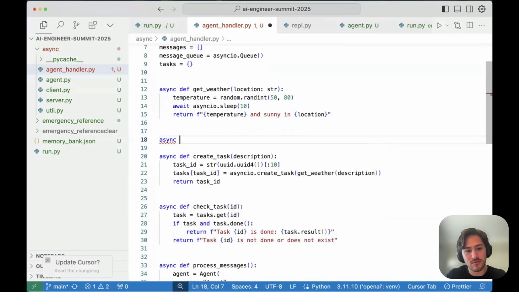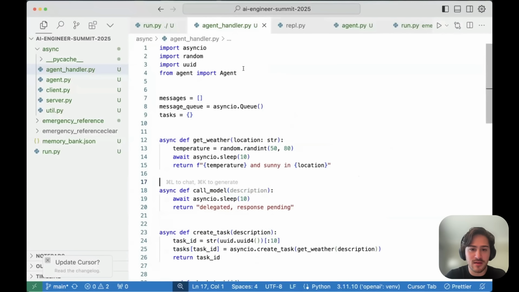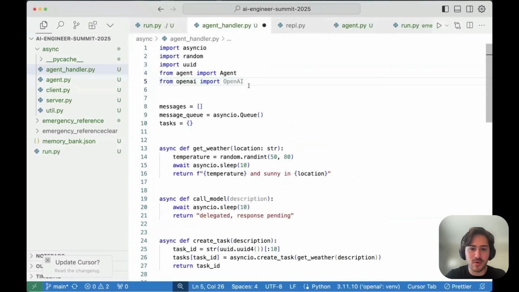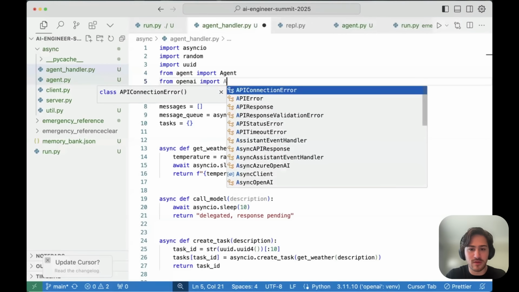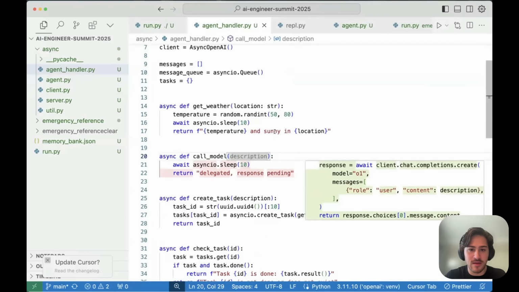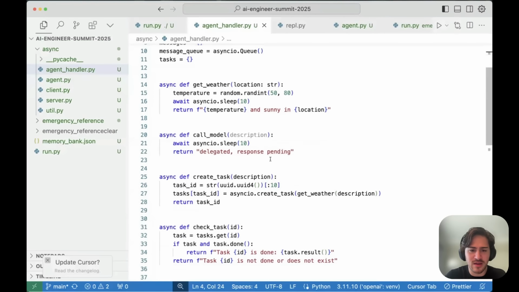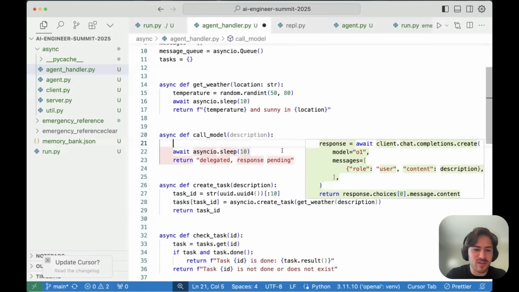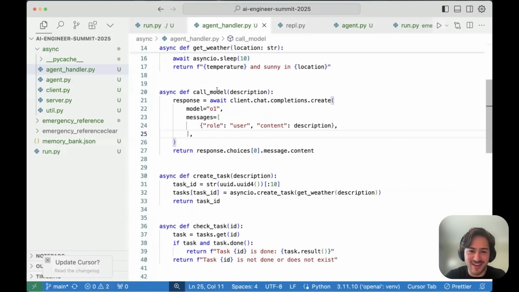But if we say just, run, what do they call it? Call model, and then no, but we want AI port async OpenAI, get the clients. I guess we can just leverage the agents. They're already async. Let's not deal with that again. Or whatever. Let's do it this way. Fantastic. Okay. So now we can switch get weather for call model.